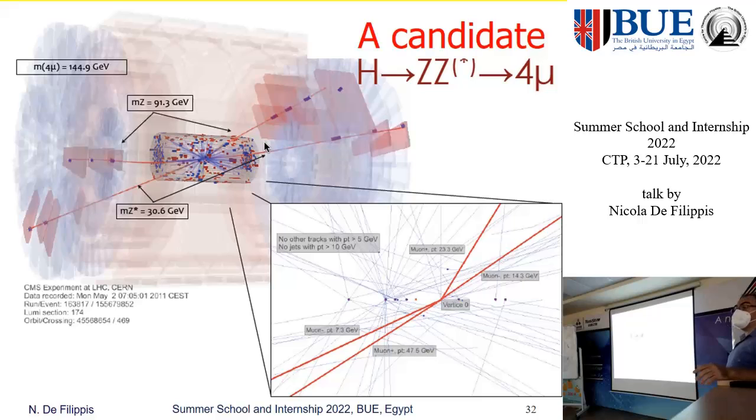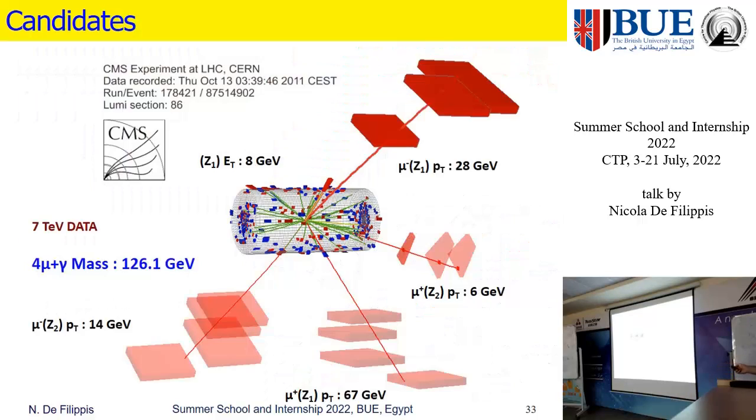Since the mass was very far from 125 GeV, what we observed, collecting more statistics, was very likely a background event from electroweak ZZ production. But it was the first candidate that was compatible with the search for a Higgs particle. Yeah. This is another one with a mass of